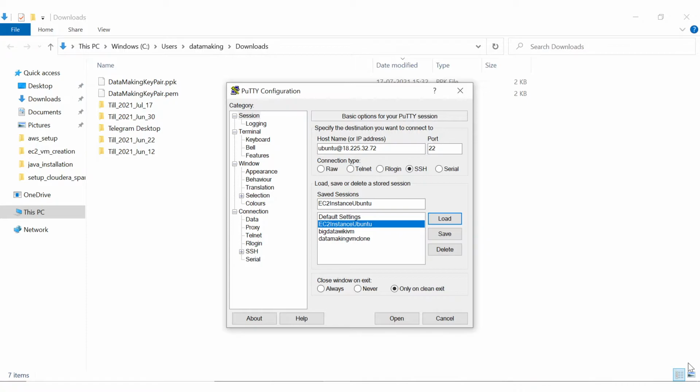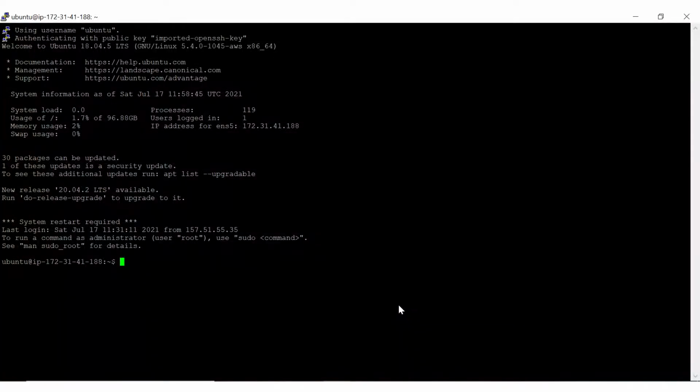Once you have the EC2 instance ready, you can log into that EC2 instance using the PuTTY utility. So my username is Ubuntu and the IP address is given in the host name of the PuTTY utility. I already saved this instance's details, so I just loaded it and I'm going to click on open. It is launching my EC2 instance, which is nothing but a virtual machine, right? It is based upon an Ubuntu image, so it will have the Ubuntu operating system, right?